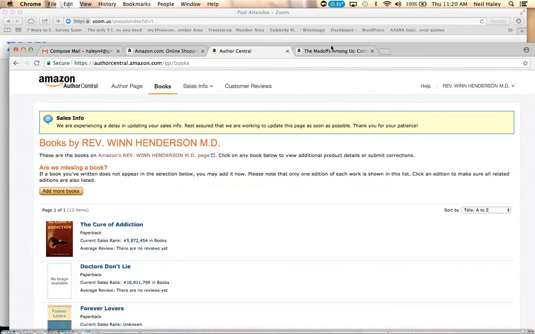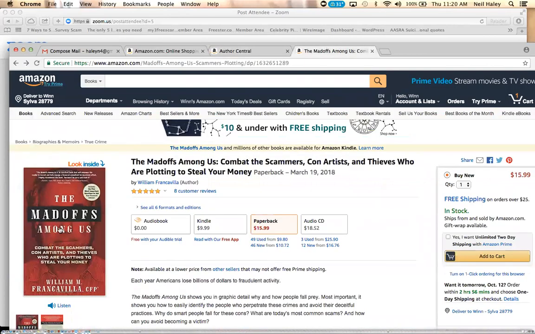So we'll go back to his title, Madoffs Among Us: Combat the Scammers, Con Artists, and Thieves Who Are Plotting to Steal Your Money. That's why they have that, so that these are searchable terms. Now, thinking about we chose Madoffs Among Us as the title, a lot of ways, if he wrote another book, I would not push that as a title. I'd push it more of a searchable term. Madoff's a great term, but what would you really want the goal to be? And then maybe Madoff could be in the